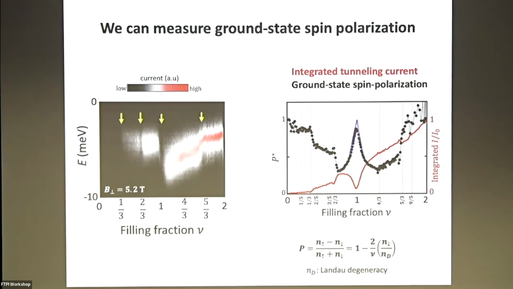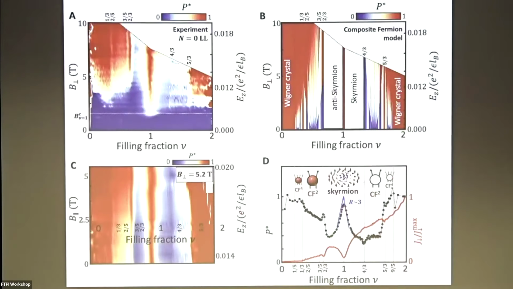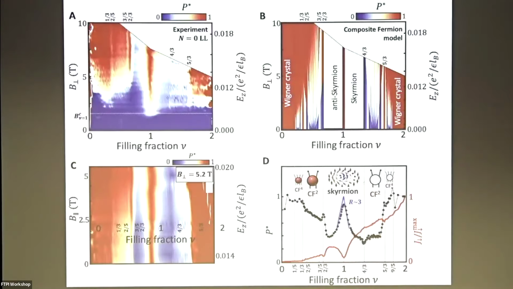You can see things right away, like the skyrmion peak at filling factor 1. And then you can see that in this case, filling factor 2/3 is spin polarized, filling factor 1/3 and below is spin polarized. So this sort of very pretty picture emerges. Now you can do this also as a function of magnetic field strength. So here I was staying at fixed field and varying the filling factor. What we can do here is also step the perpendicular magnetic field. We have things happen like filling factor 2/3 goes from being unpolarized to polarized.